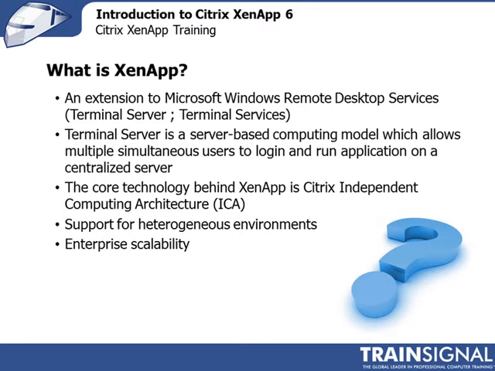The core technology behind XenApp is Citrix's Independent Computing Architecture, which is the ICA protocol. This is the star feature of the XenApp stack. So Microsoft has its own remote protocol called RDP, Remote Desktop Protocol. Citrix has its enhanced version of that, which is completely independent, completely separate from that, which is known as the Citrix Independent Computing Architecture. Some call it ICA, some call it ICA, so use whatever naming you would like when you pronounce this.